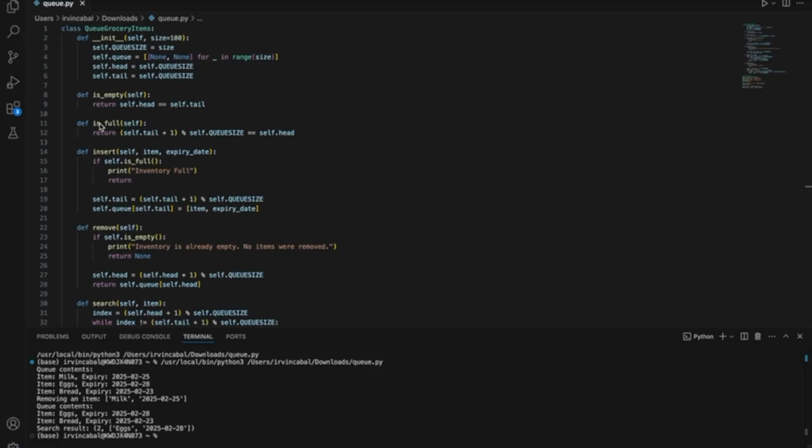The is full method verifies whether the queue has reached maximum capacity. By calculating the next position of tail and comparing it to head, the method ensures that if tail advances to the point where it matches the head, the queue is recognized as full. The modulo operation plays a key role in maintaining the circular nature of the queue, allowing elements to wrap around